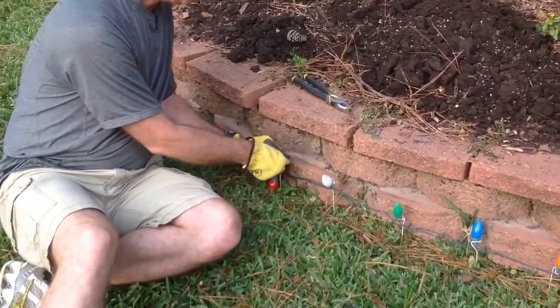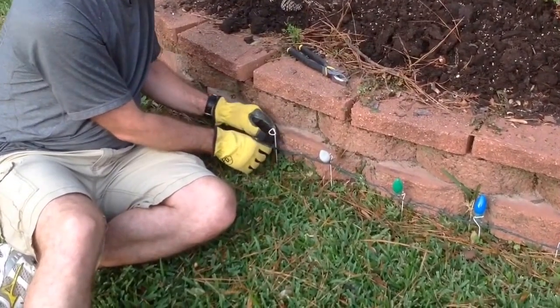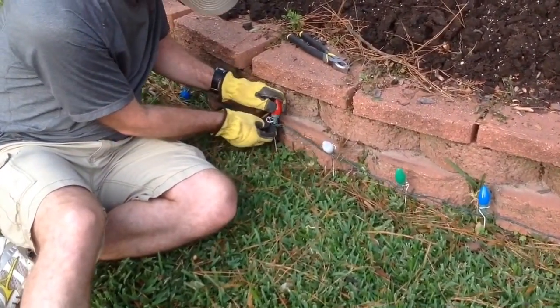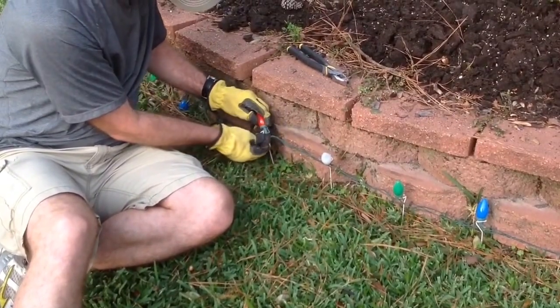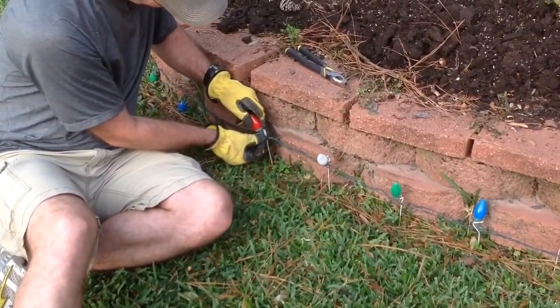This is our shorter one. Stick it down in there. Then I bring the wires up through the bottom. See that? And set it